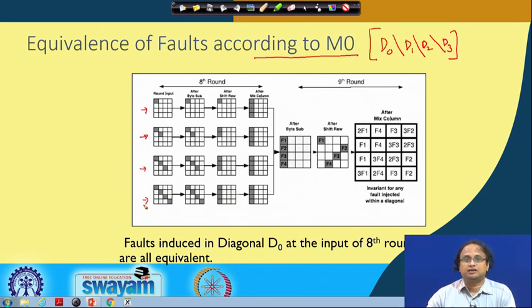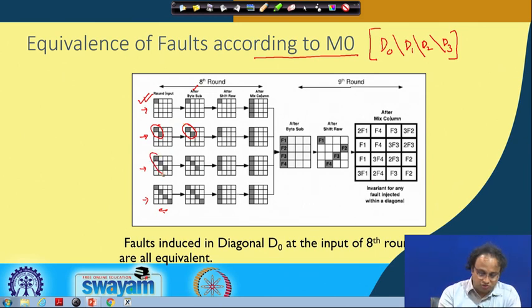Now we have already seen how to do a fault attack when the fault is of this type, but the interesting thing we will see now is that even these kinds of faults are similarly exploitable. Remember that the fault location is at the input of the 8th round, and because of that, if you observe the fault propagation, you will see what happens after the bytes. Here there is 1 byte, so 1 byte gets corrupted. Here there are 2 bytes, so the fault spreads to 2 bytes and makes a bijective transformation.